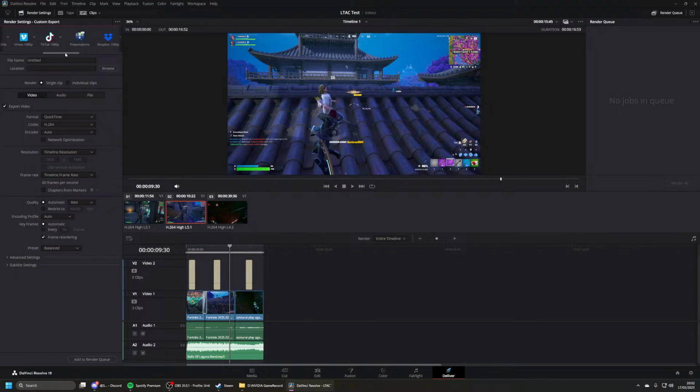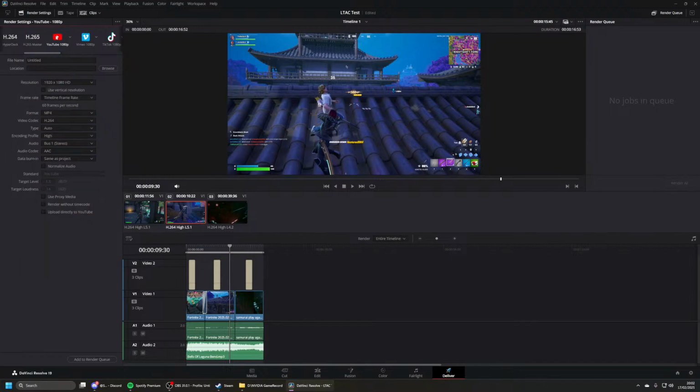Then you've got different export formats. So let's say you want to make a reasonable quality, HD quality YouTube video. So that's 1080p. There's a preset here for YouTube. You can set all your own settings if you know what you're doing. You give it a name, like